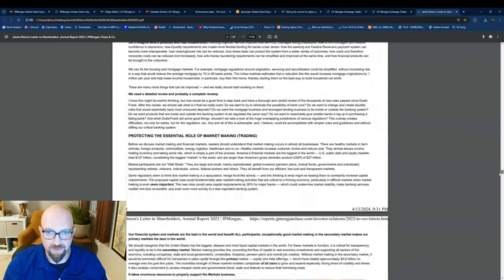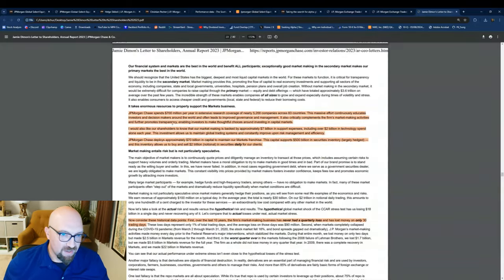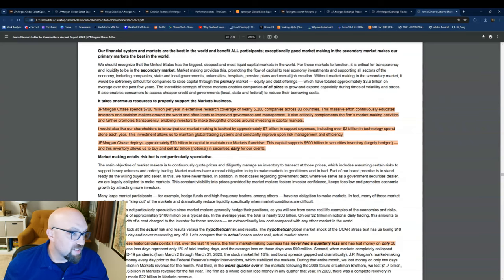And there's one more part I wanted to read. Okay. So again, is this more emphasis? Like, okay, what is their organization? Here's some color to it a bit. JP Morgan Chase spends $700 million per year in extensive research coverage. Okay. This benefits you buying this ETF of nearly 5,200 companies. The benchmark ETF does not cover all those companies. Okay. Across 83 countries, this massive effort continuously educates investors and decision makers around the world and often leads to